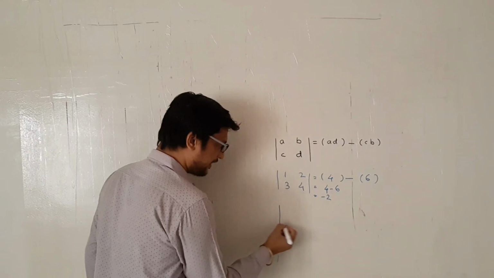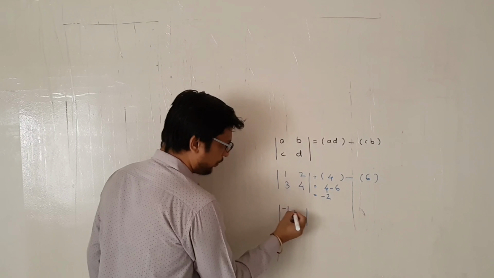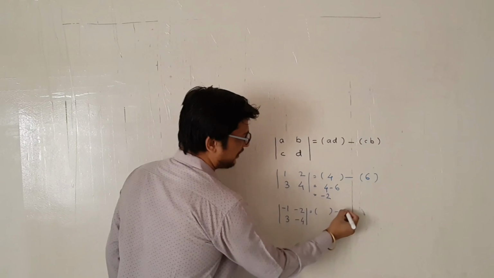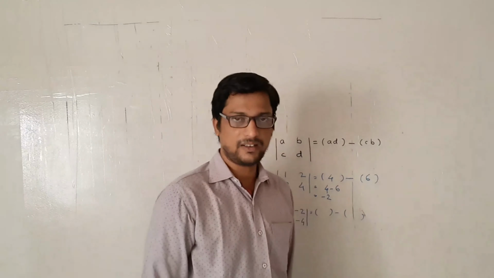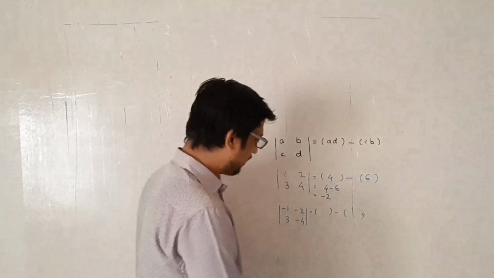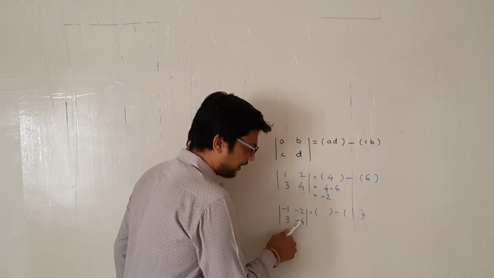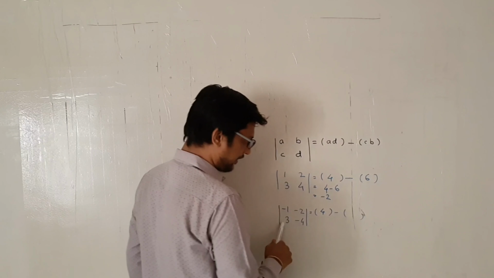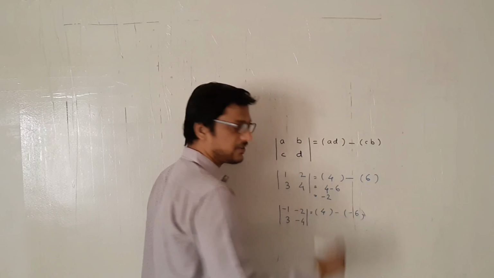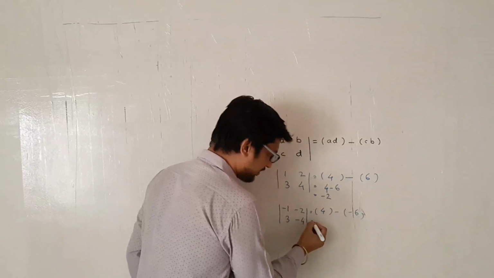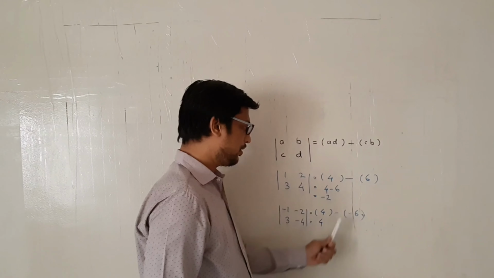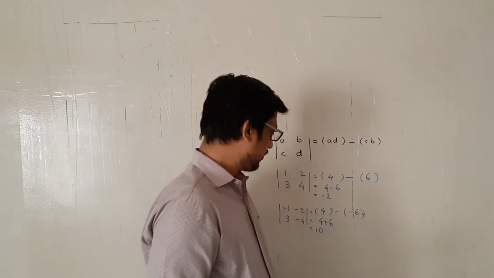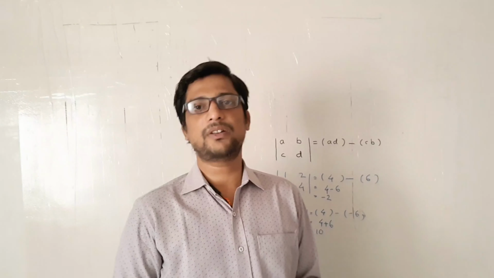Similarly, one more example I am taking. Minus 1, minus 2, 3, minus 4 is equal to what? Value of this determinant. So again, I have written two brackets. In the first bracket, which number am I going to write? This into this. Minus 1 into minus 4 will become 4. Then this into this, my 3 into minus 2, minus 6. Now I will remove the brackets. So this will remain as it is, 4. Minus into minus will become plus 6, is equal to 10. So these are the examples of determinant.